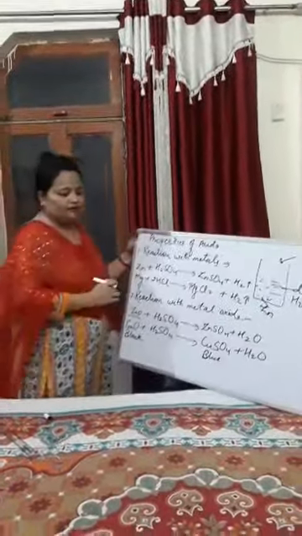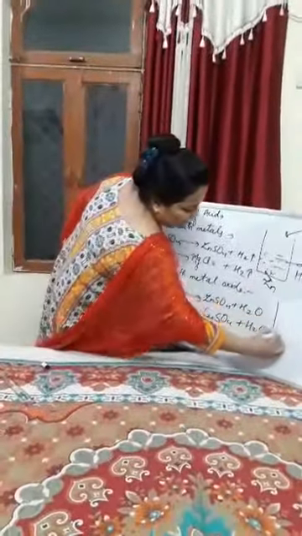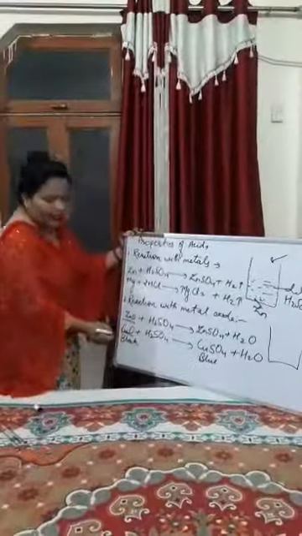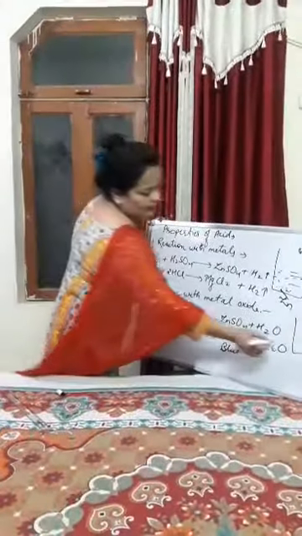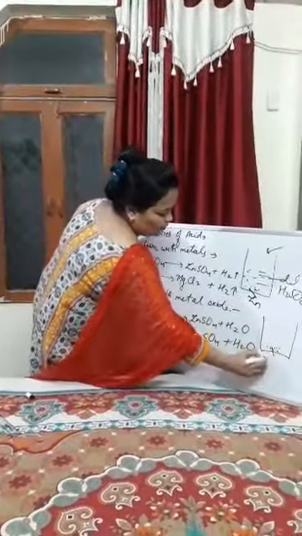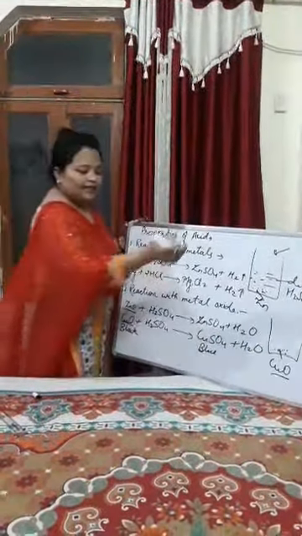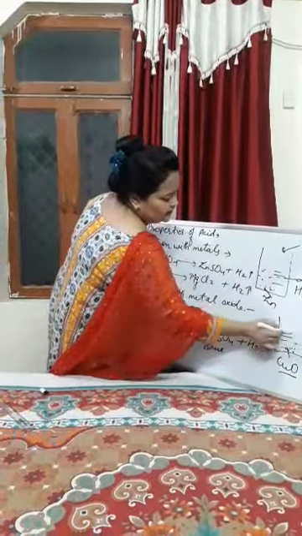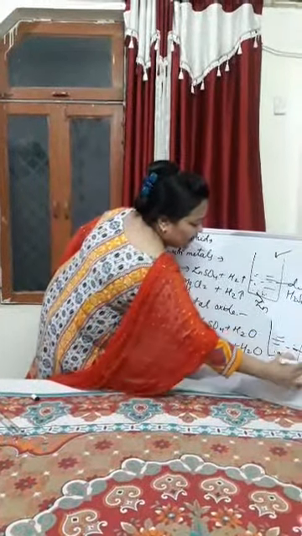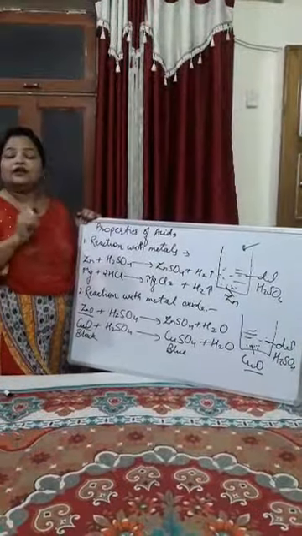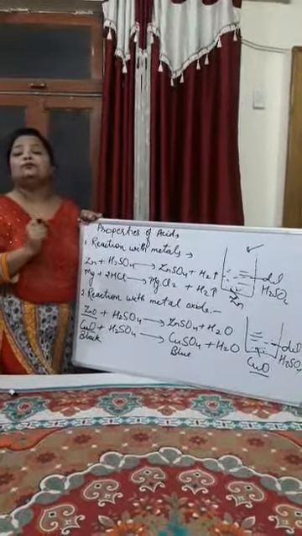इसके लिए भी हम एक activity perform कर सकते हैं. We'll take a beaker in which we'll take black color powder of copper oxide. This is copper oxide, which is actually black in color. ठीक है? And then we will add dilute acid into it. हमने add किया dilute H2SO4. Slowly you will observe the color of the solution starts changing to blue.